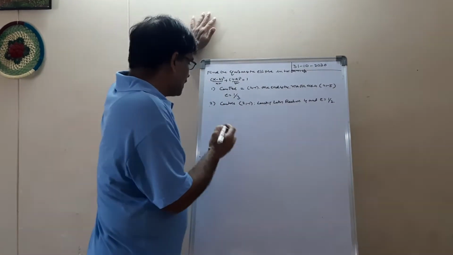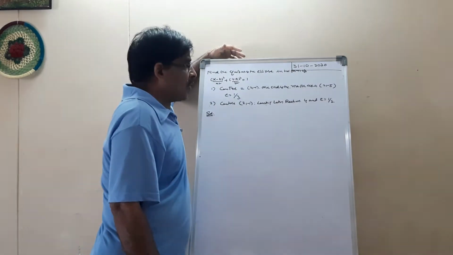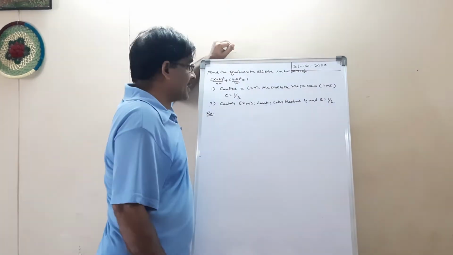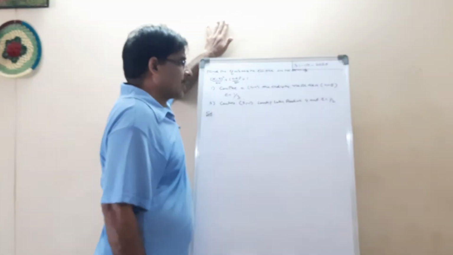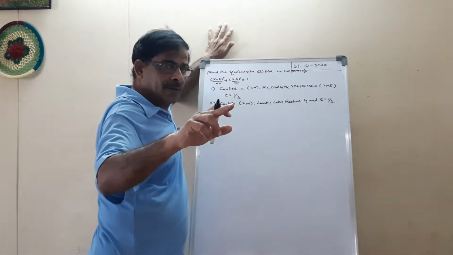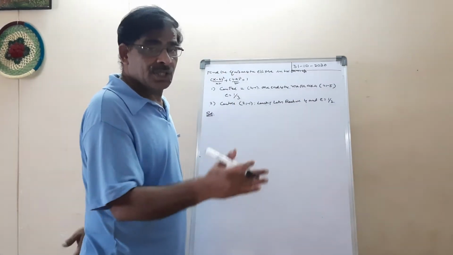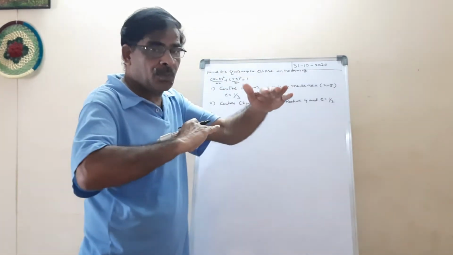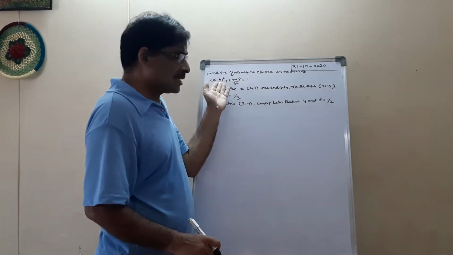Okay, this is the information given to you to find the equation of the ellipse in this form, that is (x minus h) whole square by a square plus (y minus k) whole square by b square equal to 1. Actually our standard form is x square by a square plus y square by b square equal to 1. This is when the origin is (0, 0), or when the center is (0, 0). Here the origin is shifted to the point (h, k). So then the ellipse is in this form.